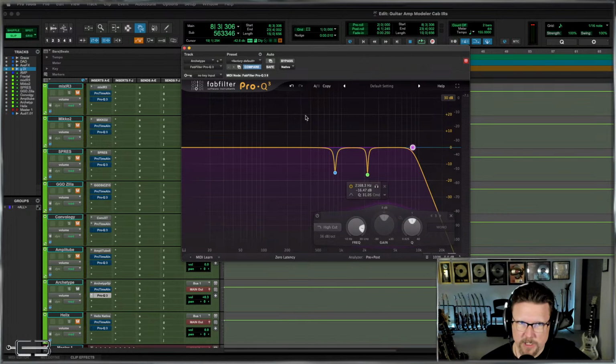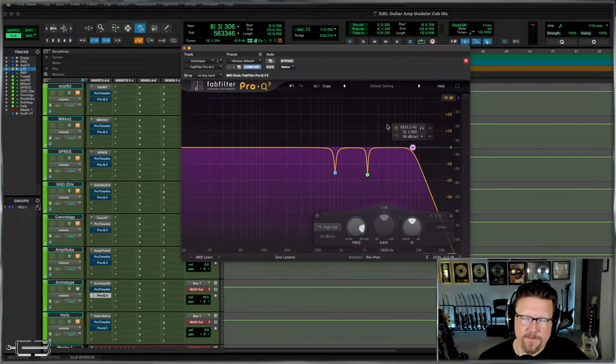If you're using a plugin like Pro Q3 that's got a meter, don't just focus in on the frequency tops or the peaks and be like, oh, that's a problem. That might be the frequency that's making the thing sound awesome. Just because it's louder than everything else doesn't mean it needs to be pulled down. Just find the frequencies that are bugging you. And I heard this